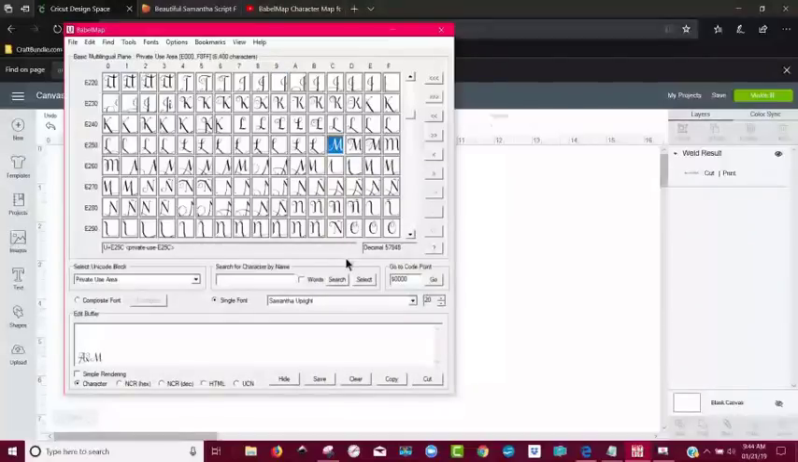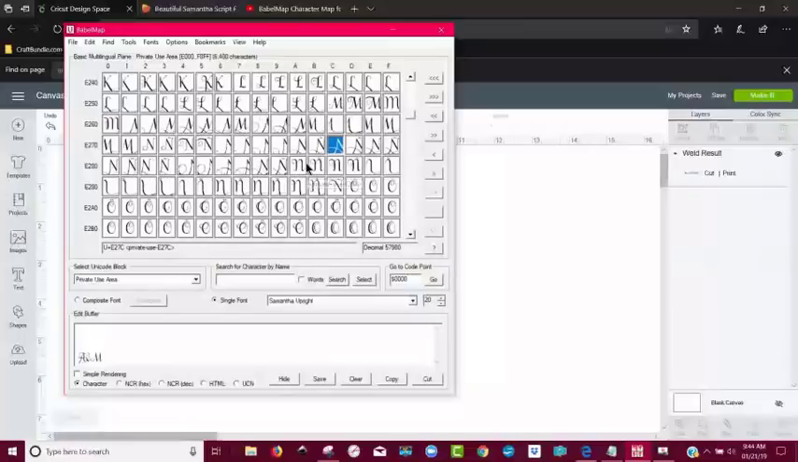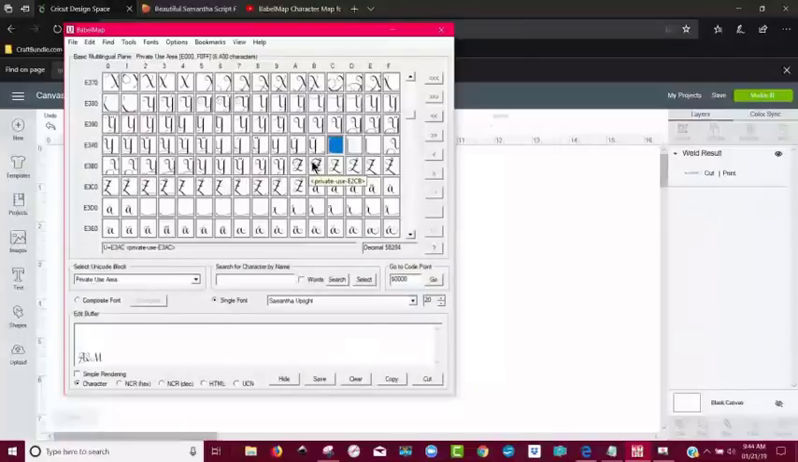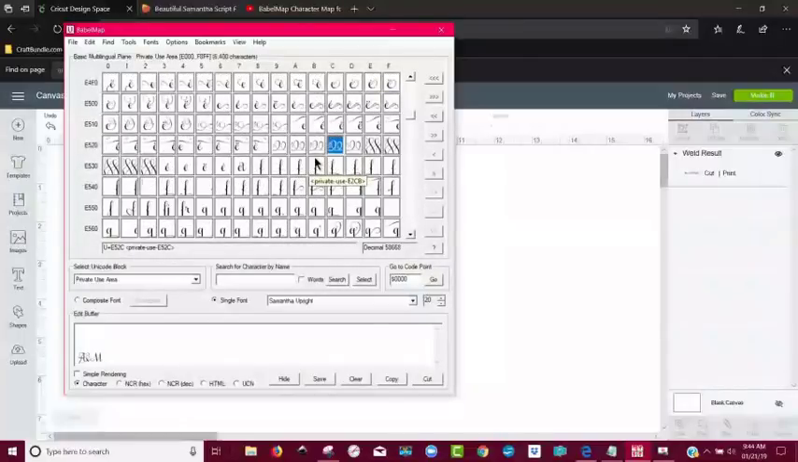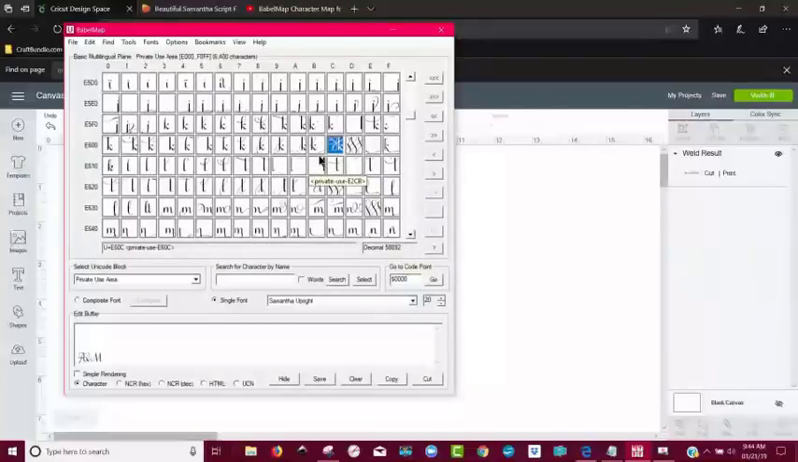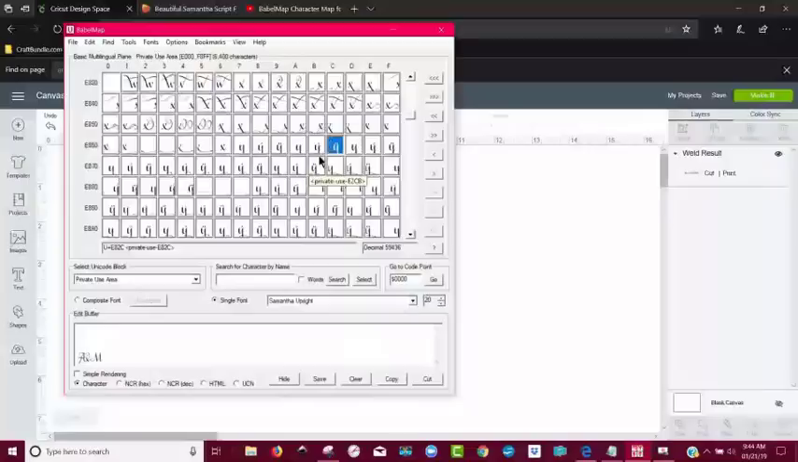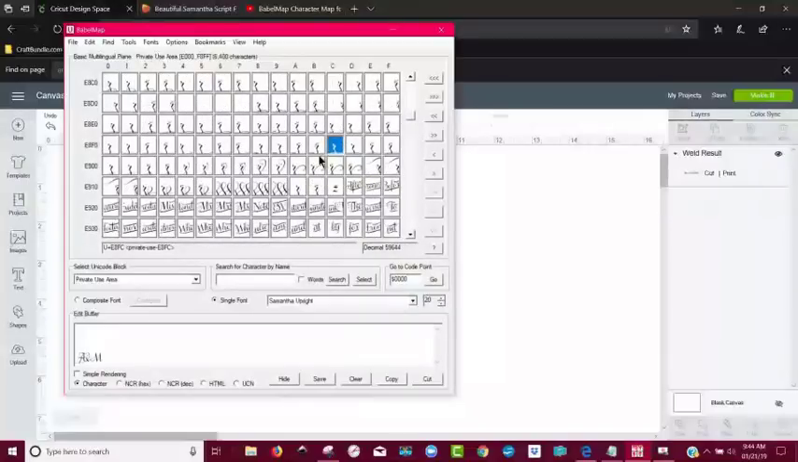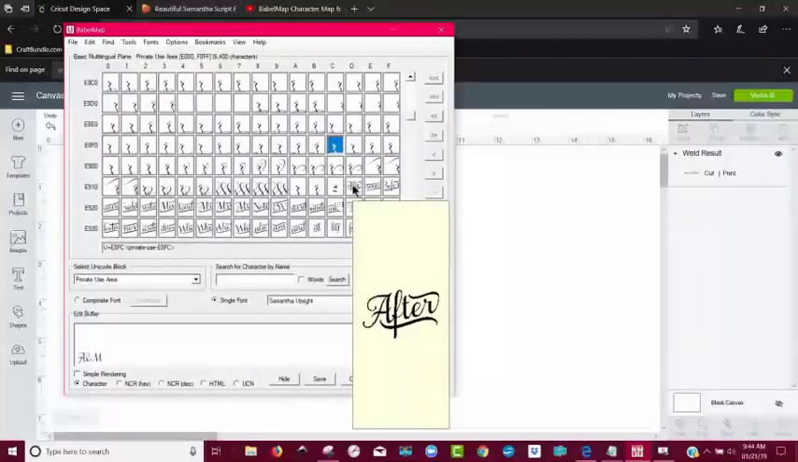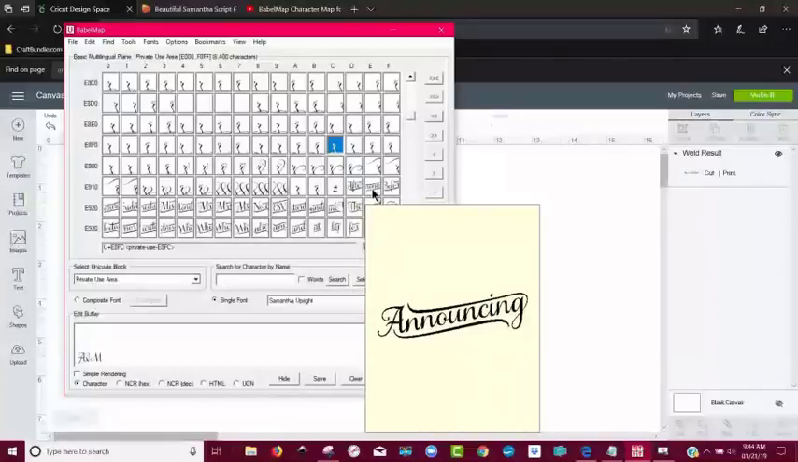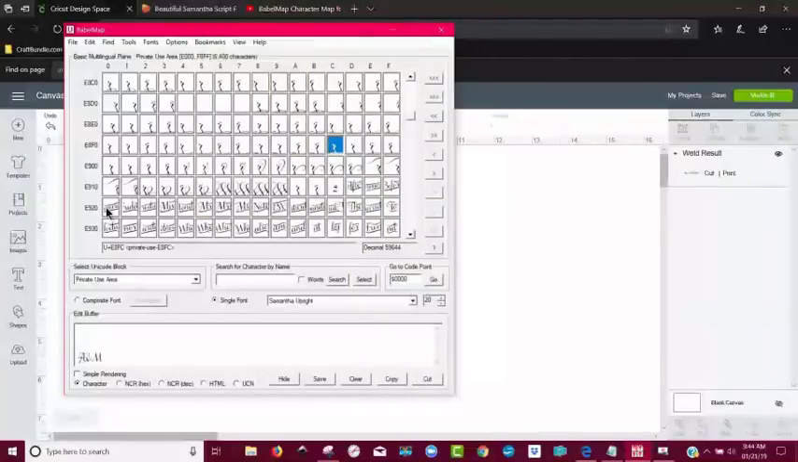The only other thing I want to look for now, if y'all come down here with me and we scroll way down to the end, we get some really interesting things down here that you can use in the Samantha font. And this is a reason why a lot of people do like it. If I right click on this, look, I can have after, announcing, before,